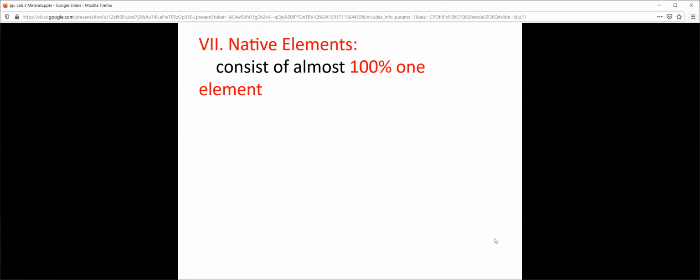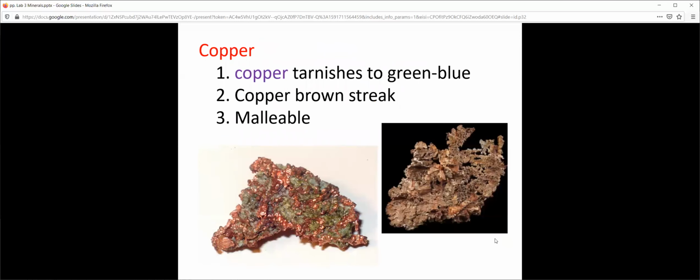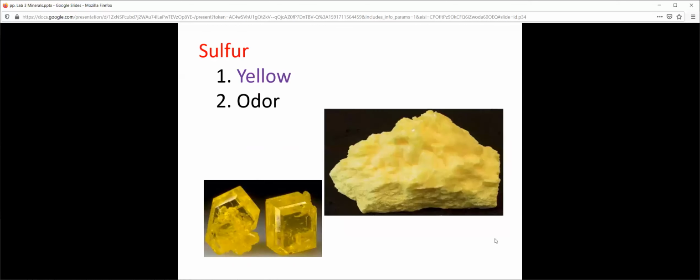And again, as we come down here, we talk about our native elements, which consist, as Cassidy pointed out, of mostly all one element. Copper, I assume I'm not going to have to explain the native elements very much. Copper, graphite's made of carbon, right? Sulfur is made of sulfur. However, I will stop here and notice that just because the native elements are all comprised of essentially the same atom does not mean they only show up in one way.